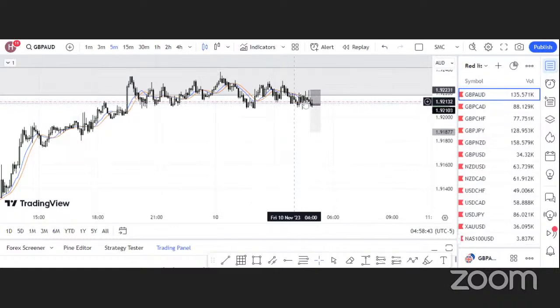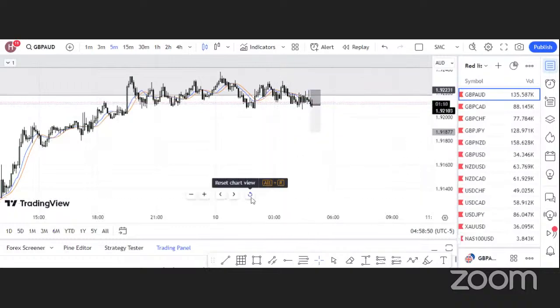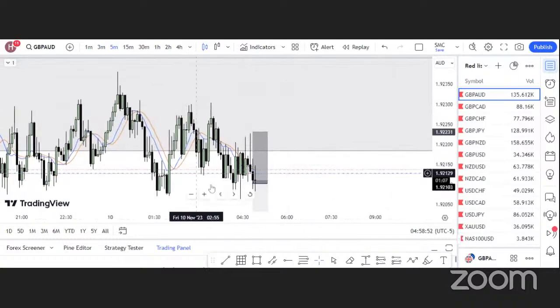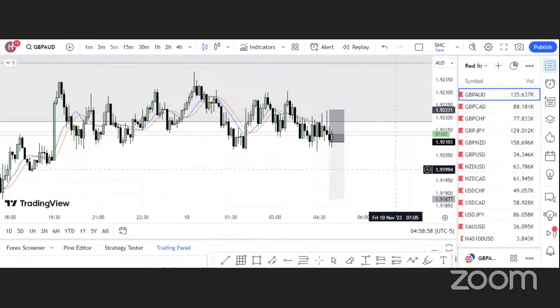See, we have so many zones, but we took this entry because of, let me zoom on that. So as you can see, we have the moving average touching this candle. Okay. So the candle might go down. So if by the end of this candle it's giving us a green candle, then we are going to go out of the market. Okay. So just few minutes more to the end of this candle.